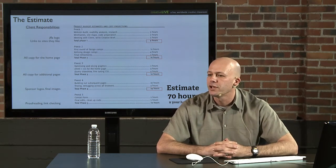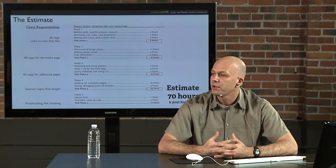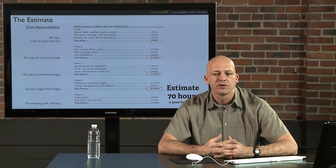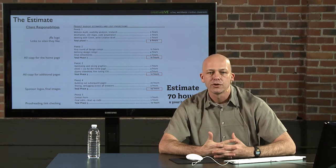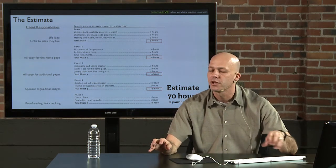I actually, at this point, it takes me longer to design than to code. I can code much faster, but it didn't used to be that way. It used to be I'd knock something out in Photoshop, and then I would slave for hours to code it properly. As long as you understand that these are distinct phases and need to be billed separately,